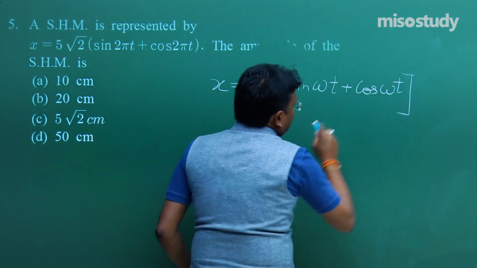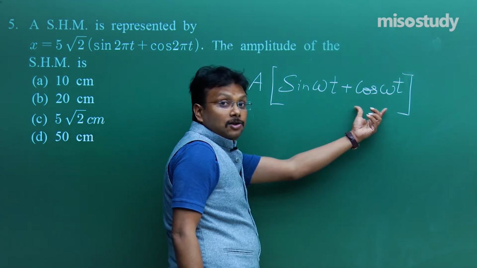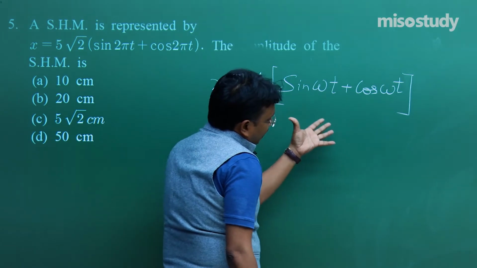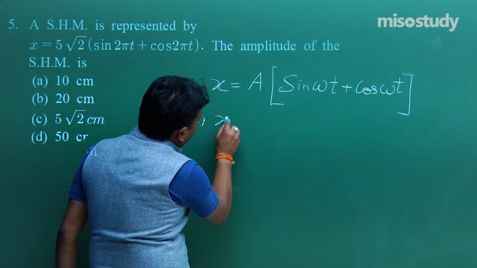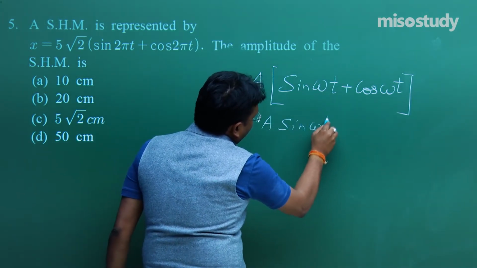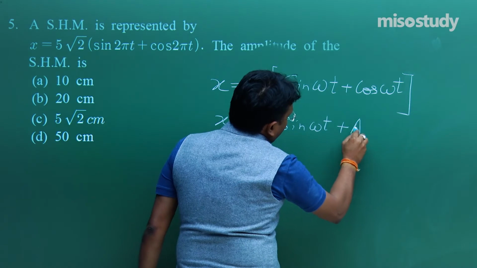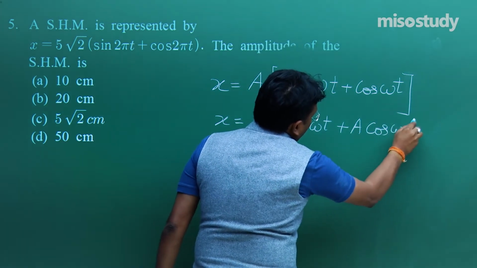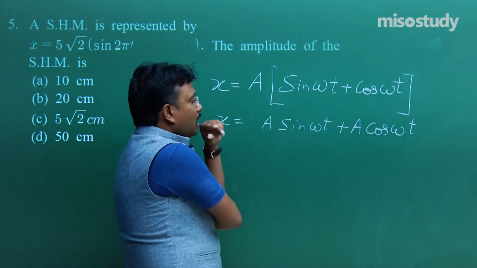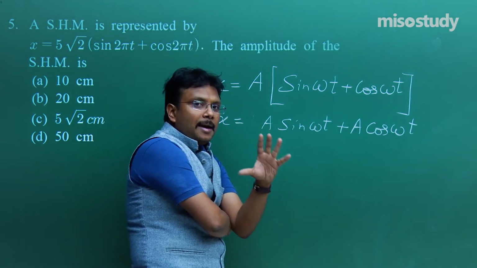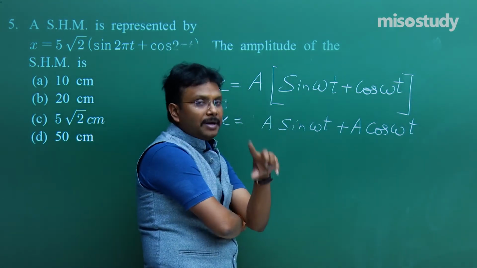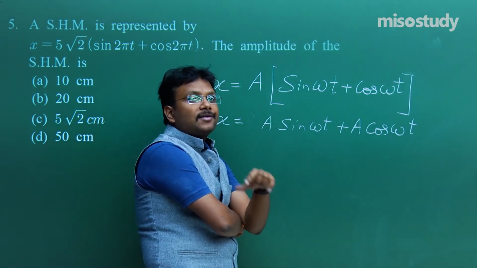It means now what to do with this term? It is not simply a phase difference. So definitely we have to do something different. And what is that? Okay, x is equal to a sin omega t plus a cos omega t. Just multiplied. Okay. Now sin a plus b, what is the formula? Formula is sin a cos b plus cos a sin b.